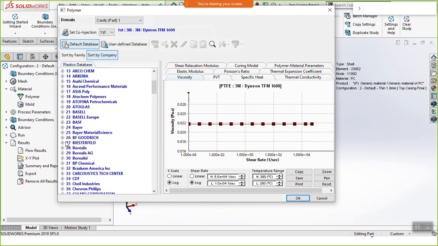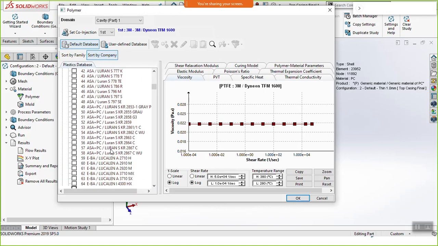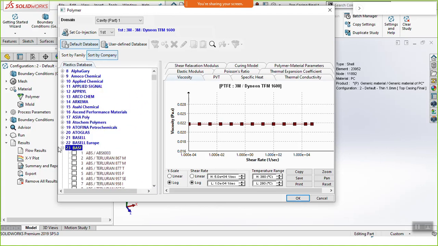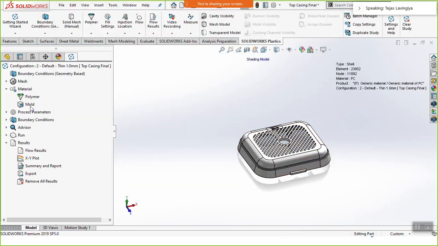If you are using a material which is manufactured by BASF, they are all filtered over here. So you can choose the materials from here. This is my standard material library and user defined, if you are facing difficulties in finding the material in the standard material database, right?